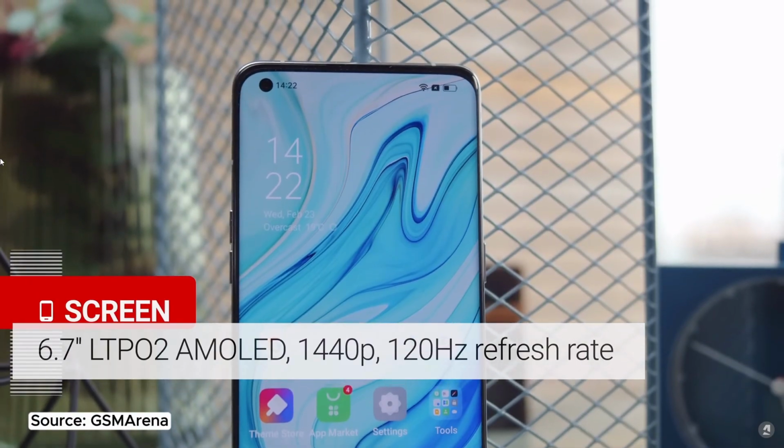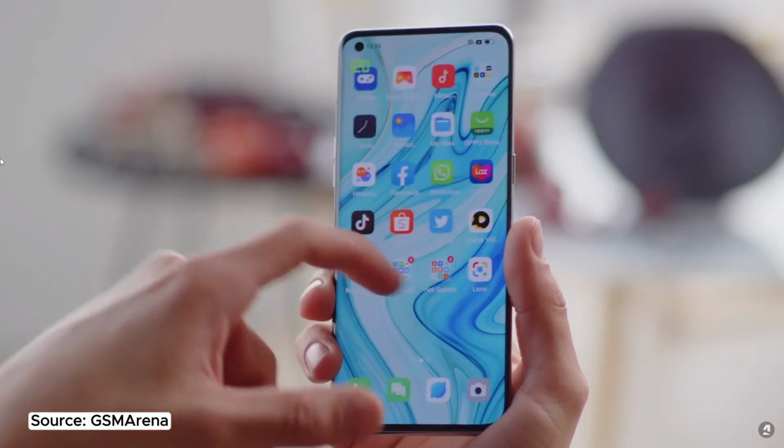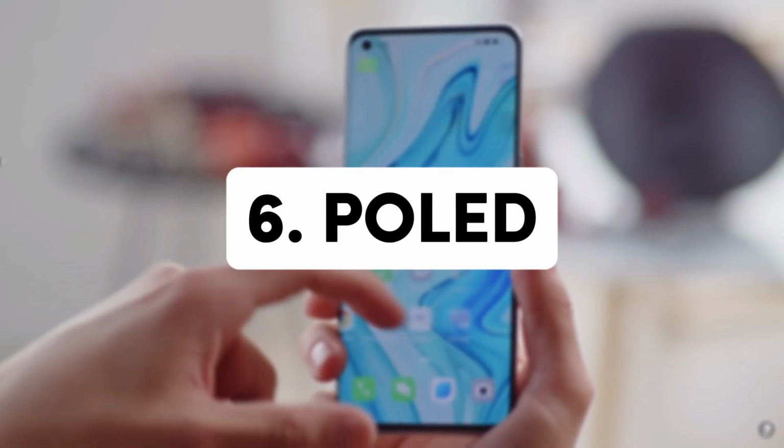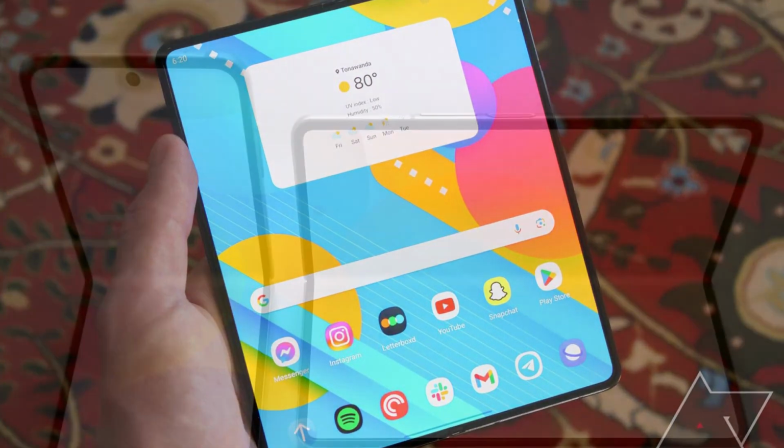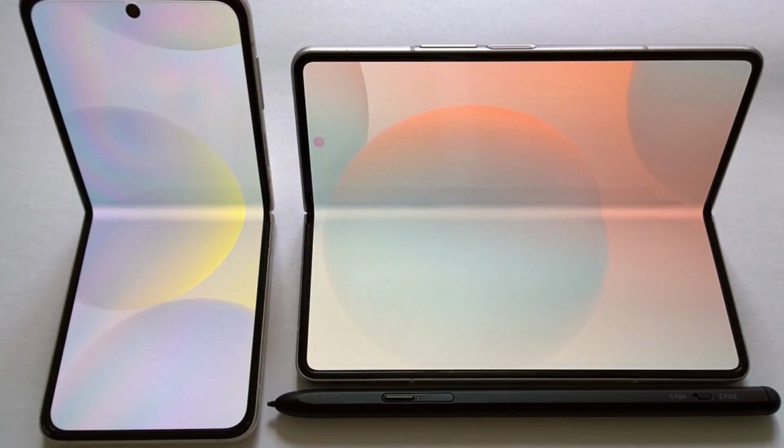The drawback of this panel is that the production of this screen panel is very expensive, so it is only owned by flagship ones. OLED. Early OLED screens place all the organic materials on a glass substrate. However, glass is rigid, so a flexible plastic substrate was needed to create foldable display screens, leading to POLED screens.